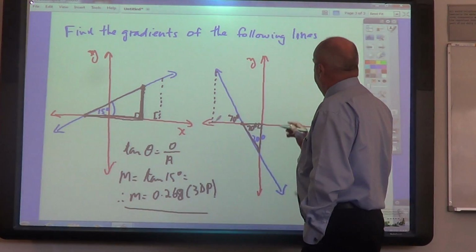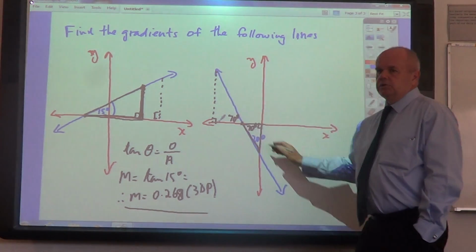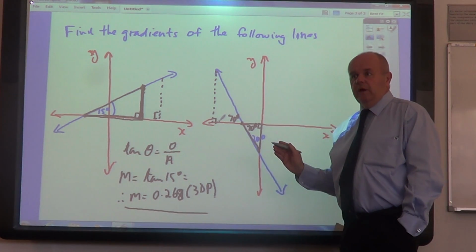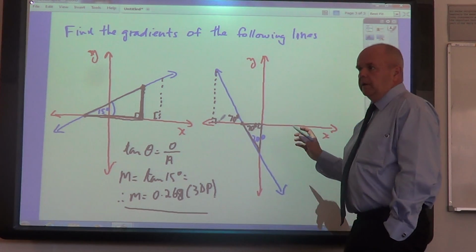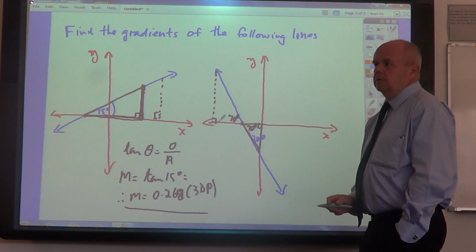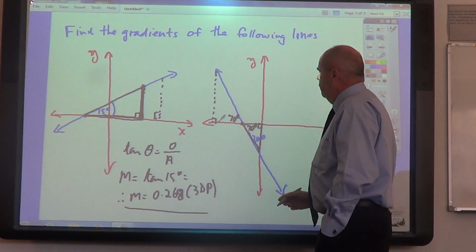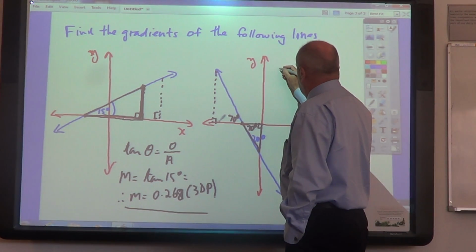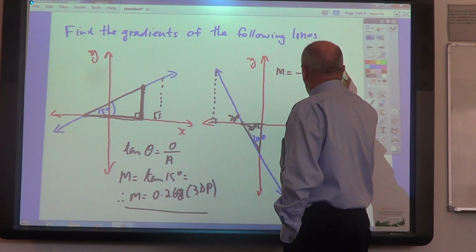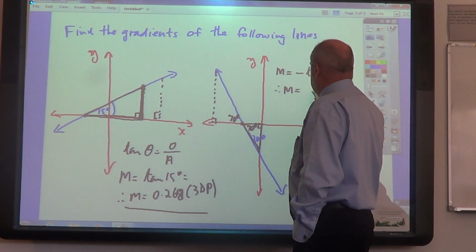Okay, so here we can simply say, the other thing to notice is that our gradient is going to have a negative value. All right, store that in the back of your head because it is falling as we read it from left to right, isn't it? Okay, so we just note in our brains that this has a negative gradient. And so we're going to say m equals negative tan 70. And our calculator is going to tell us that the gradient is therefore equal to